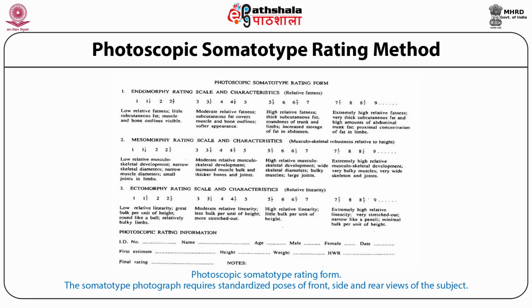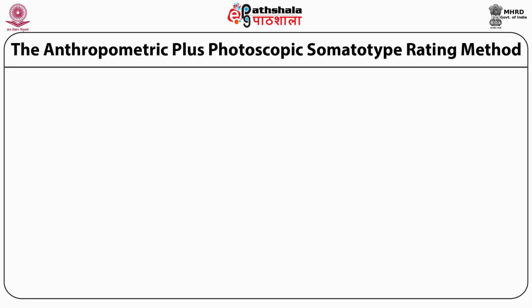Commercially developed standard color print film is quite satisfactory and relatively inexpensive. The subject should be dressed in minimal clothing such as lightweight swimsuits or running shorts. A more permanent somatotype station should include a data board, turntable, standard scale, white background, and a flood of flashlights. Digital photography is now a viable option if care is taken to keep the focal length long to reduce distortion of the physique.